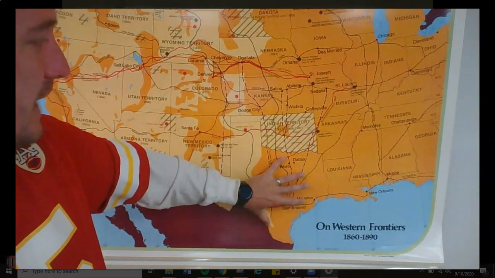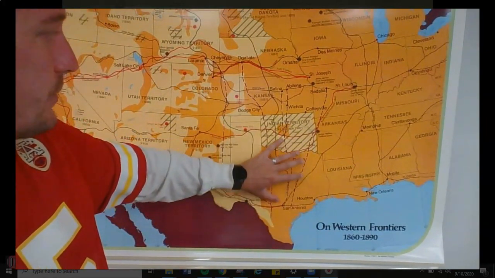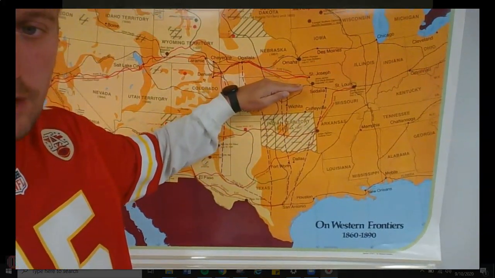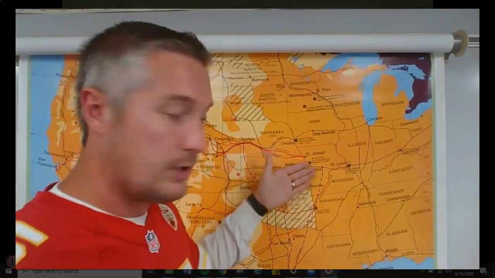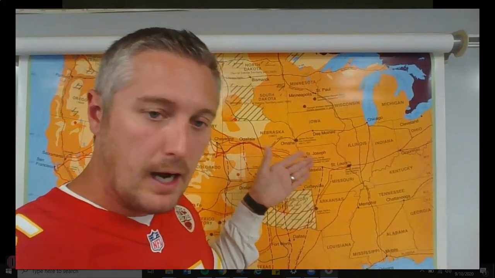So basically, you had these cattle drives where these guys would take thousands of heads of cattle and push them all the way to market via the railroad. You may have wondered why Kansas City is so well known for barbecue. Okay, this is it right here. It's a part of our history. These cattle drives pushed all that cattle up, and Kansas City, for at least part of our history, was the last stop of the railroad. So a lot of those cattle drives early on came to Kansas City, where those cattle would be slaughtered and butchered, and then the meat would be shipped off east to feed the population centers out east.